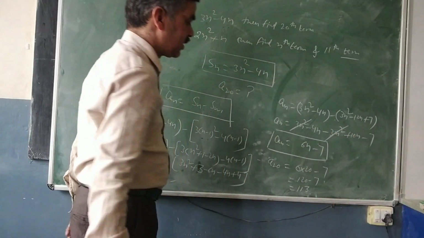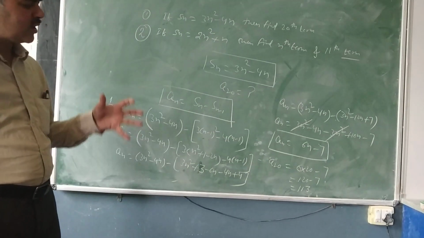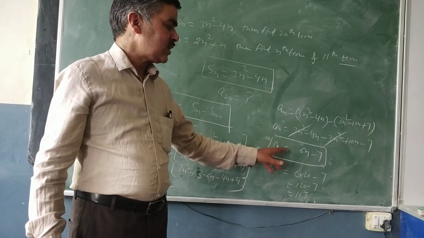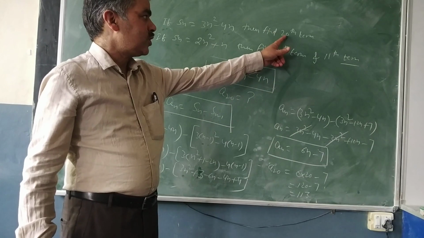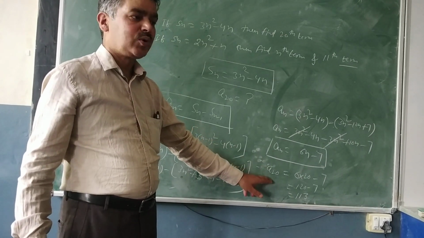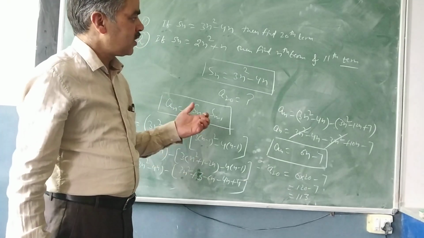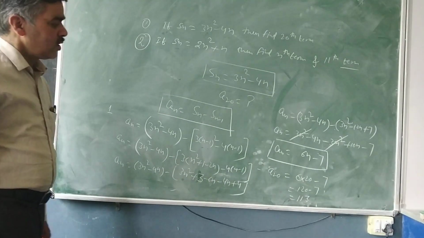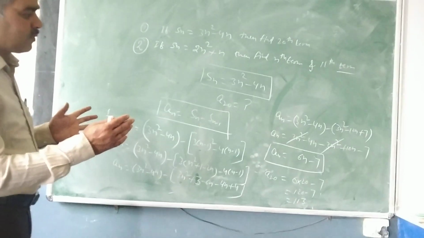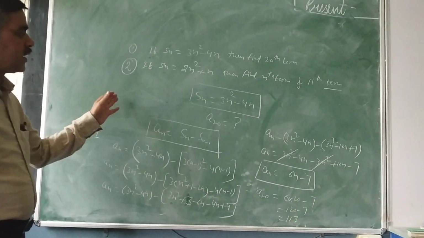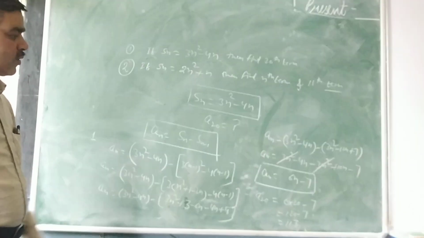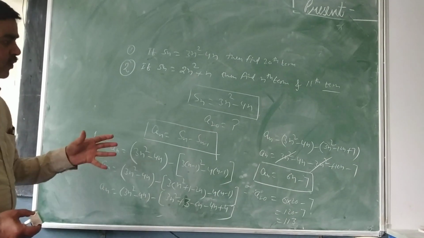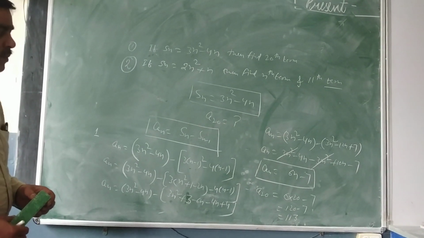Now whatever the term is, 10th, 100th, 50th, nothing to do. At last you simply have to replace n by that number which you need to determine. Here it is 20, so I have put 20 there. If you are asked for 11, 12, whatever it is, you need to replace n by that value. So again I am making you understand: directly you can substitute if it is formula based. Keep this focus always to prepare for your examination, it is a great help.